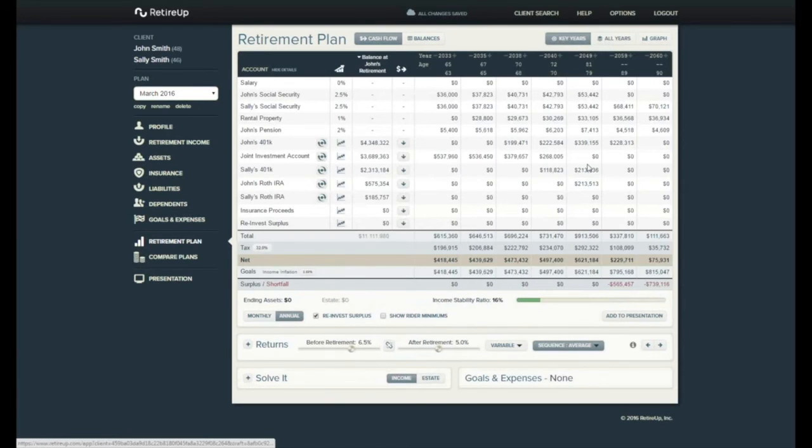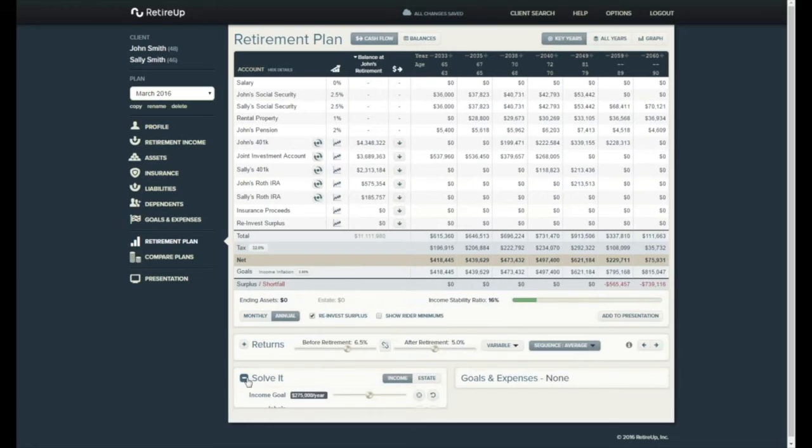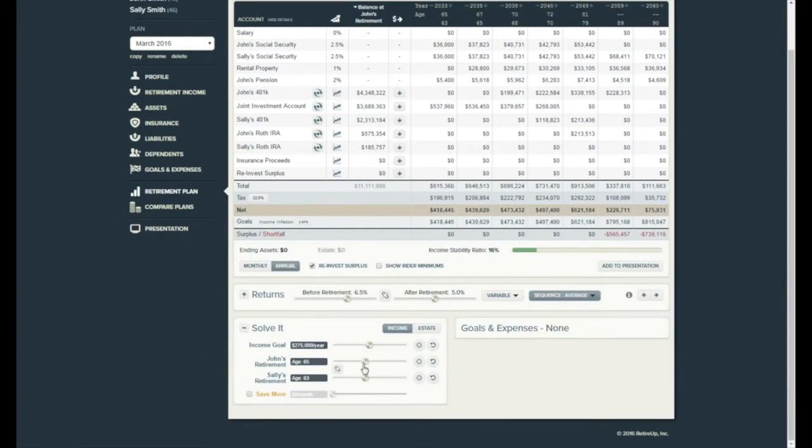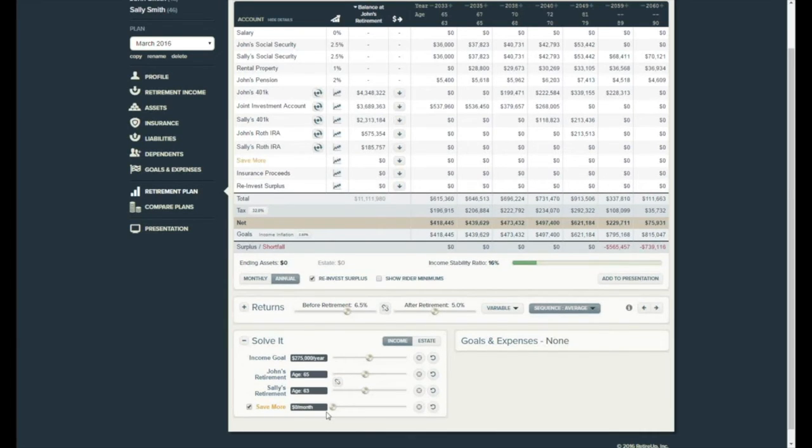So the first thing we'll do is we'll say, well, let's solve keeping your income goal where you want it, retiring when you want. How much more do we need to save on a monthly basis to get you to accomplish this goal? The first target we look at is we say, if we wanted to build in, say, a $1 million cushion to allow them to have about $1 million at the end, not including their property, not including their rental property, just their investable assets,